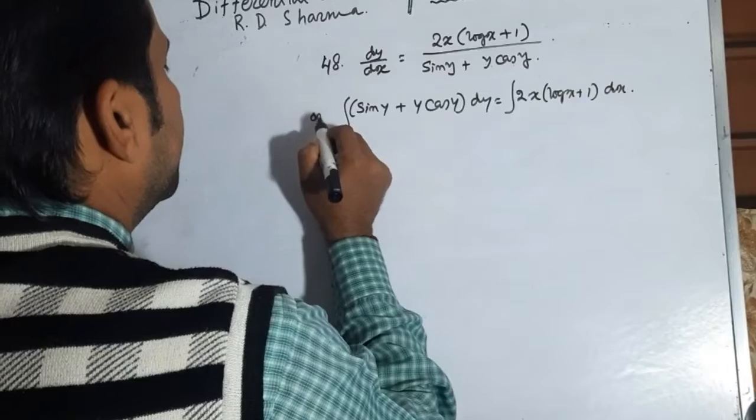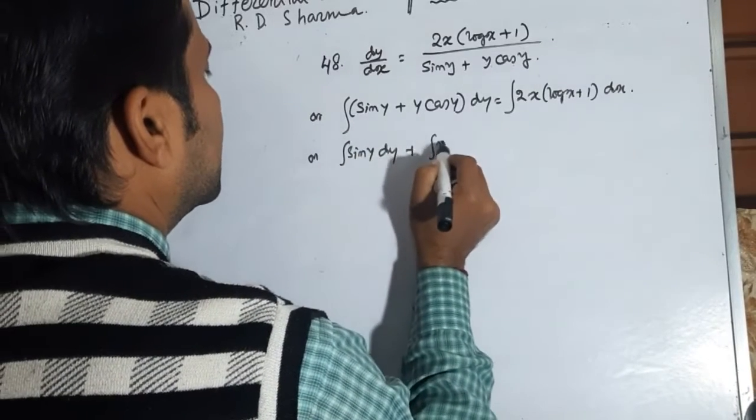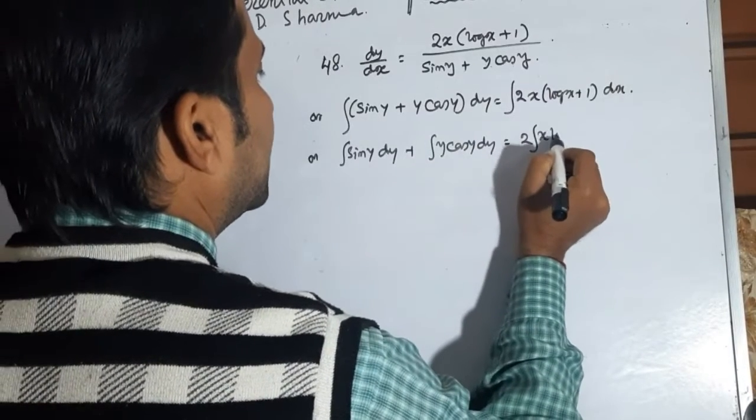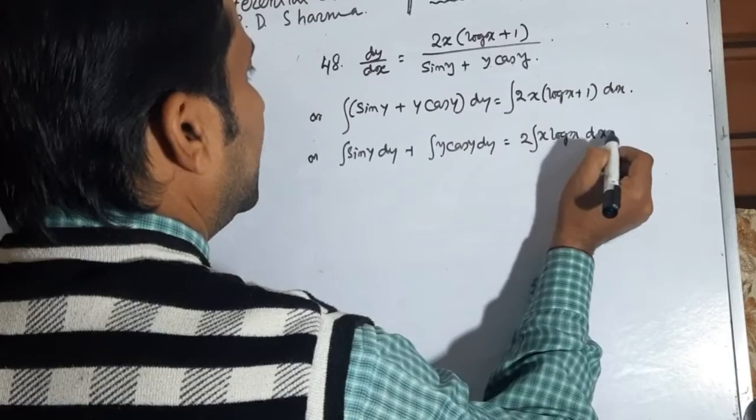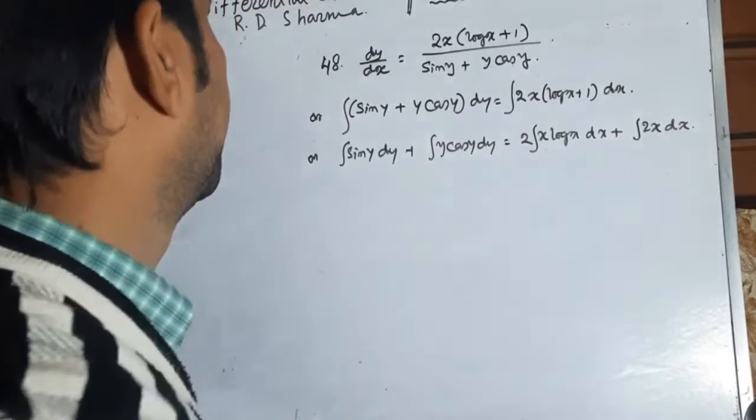Integrating, sin y dy plus y cos y dy is equal to 2x log x dx plus 2x dx,